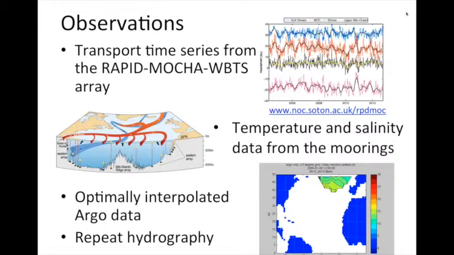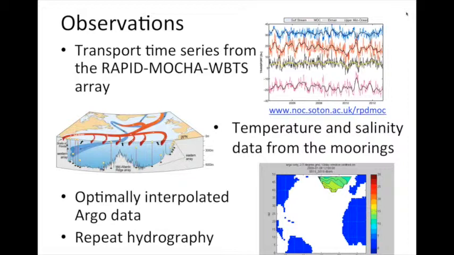Right, so how do we actually make this calculation? So at 26 North, what we need to do is make essentially a pseudo hydro section, and we try and do that every 10 days. So we need a transport time series every 10 days, and we need a salinity section every 10 days. So we construct the transport time series